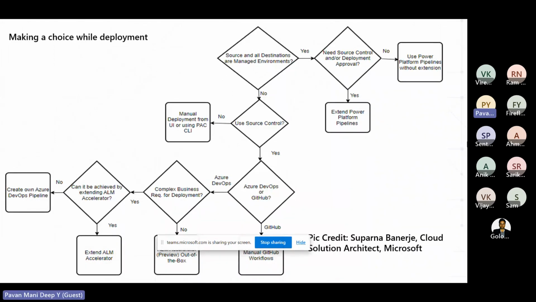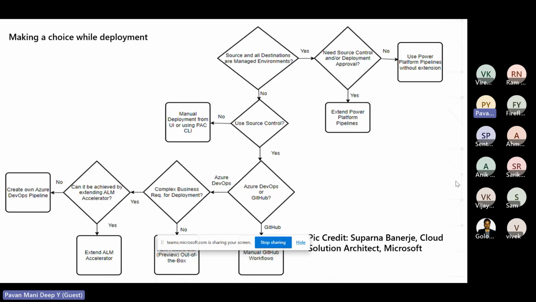So this is the main slide. I have taken this because it will be apt to your discussion. So I think this will give a clear picture of what our ALM process is and what we can incorporate based upon our needs. So if you see, generally you can read this picture from the source